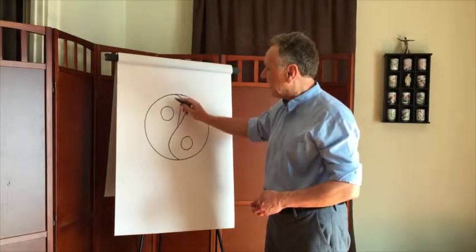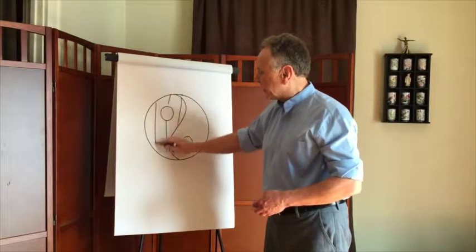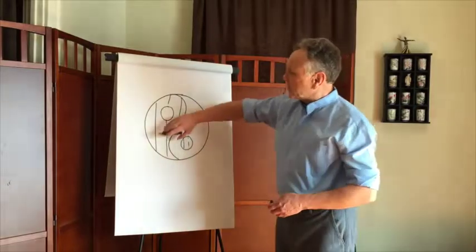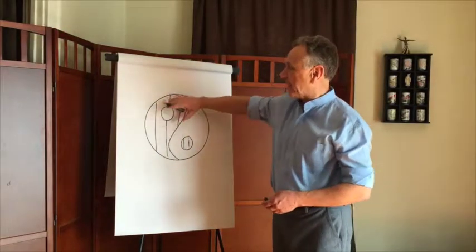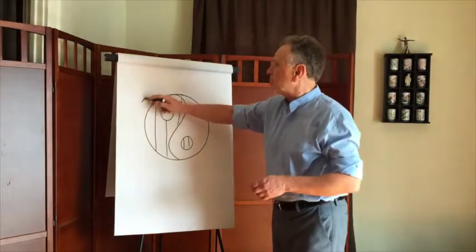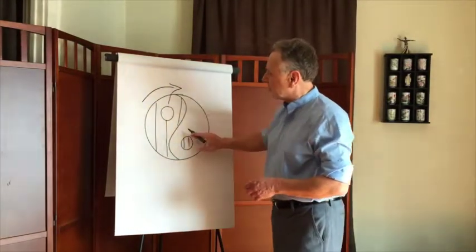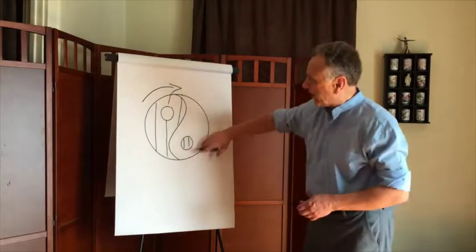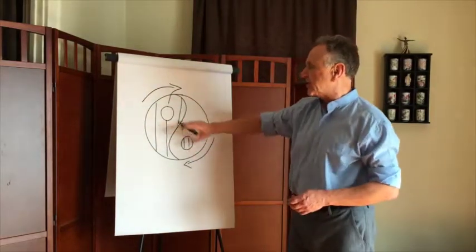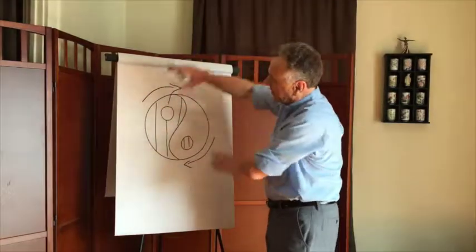So I'm going to represent the yang with shaded lines and the yin with the unshaded lines. So what we now see is that red power, that heating power, that masculine power, which tends to bring things more to a point, that's chasing itself. It's trying to, you could say, get its own back. The blue power, the yin, well, that's also moving, trying to recapture its missing part, which is causing the symbol